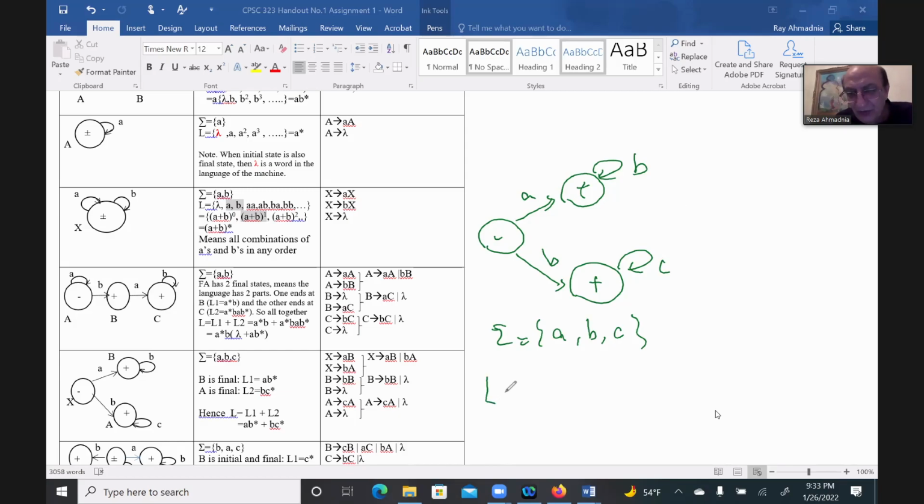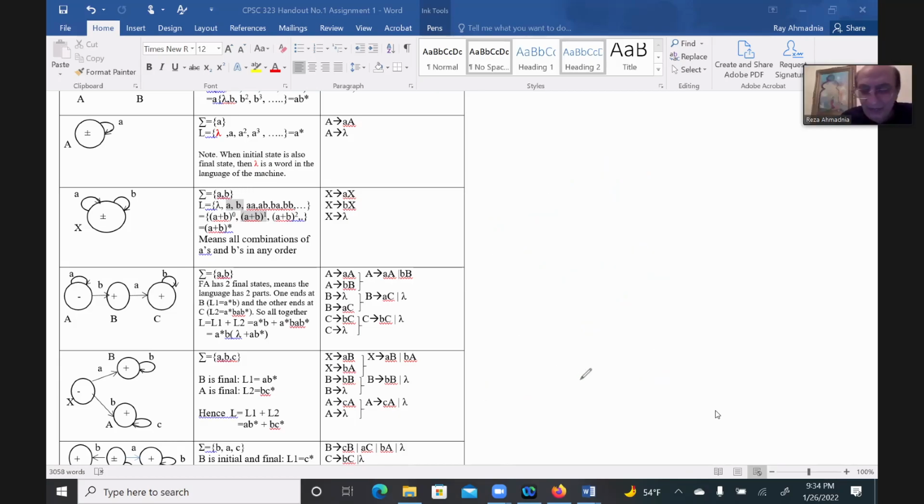Okay, who wants to help me write the language? 1 and then what? 2. So 1 and then what? 2 here. How can I get to here? A B star. 1A, as many B's as I want. How can I get to here? B C star. And as many C's as I want. Do they have anything in common? No. Yes. Okay, do you have fun? Yes. Okay, now